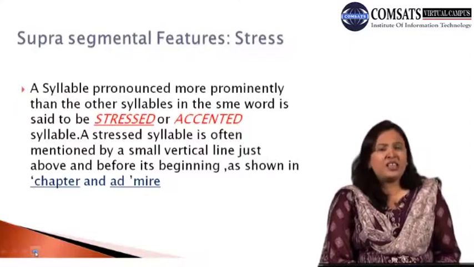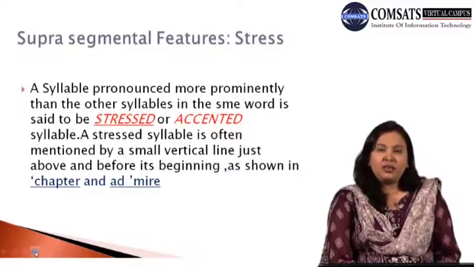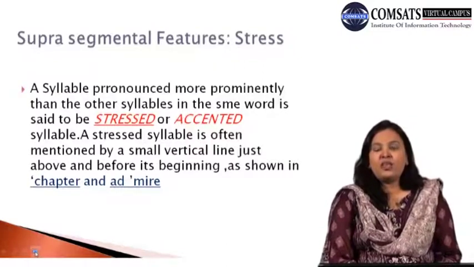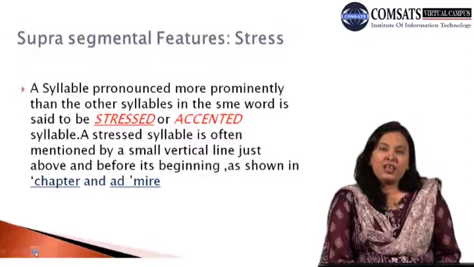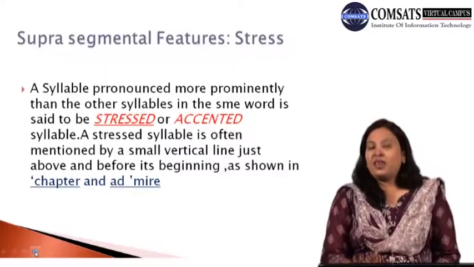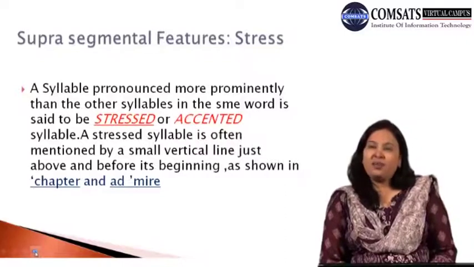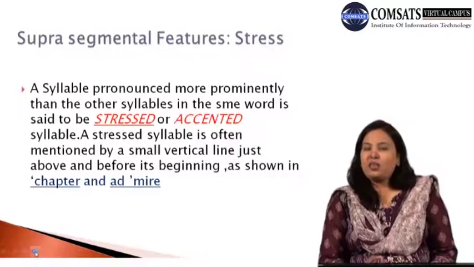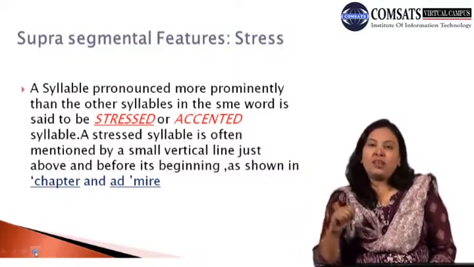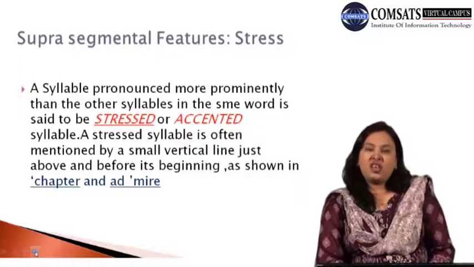At word level, there are some more examples, like the word chapter. When we say chapter, the first part, chap, is more stressed and more clear and more loud. And as you can see, there is a mark. If you are looking in a dictionary, when certain syllables are stressed inside a word, they have a dash or sometimes a small line above them. If you look at the word chapter, the chap before it has a line above it, which shows that chap, the first syllable, is stressed, whereas ter, the second syllable, is not stressed.